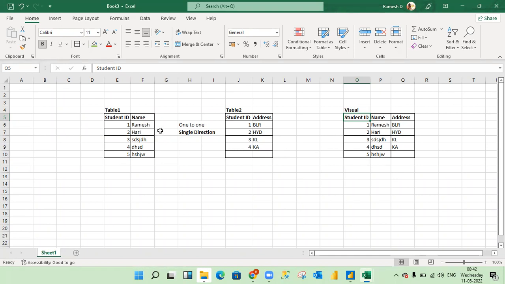This is the single direction, like this table to this table. Okay, now I'll put it to both the direction. Okay, both direction. If I change this cross filter direction to both, what will happen? Now the result will be